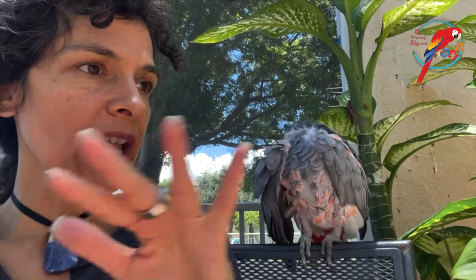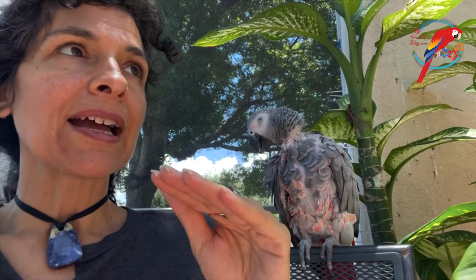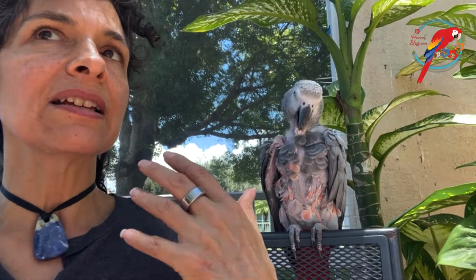And I actually have it at the bottom of the cage because in particular, African grays like to go down and forage around, and it gives her a little exercise. She knows where it is. She sees or hears when I put it in, and she'll go down, and it just gives her an activity. It's not like enrichment, like she's trying to find it in the house or something like that, but it's just a little something for her, because given that she's going blind, I feel like that suits her. Next,